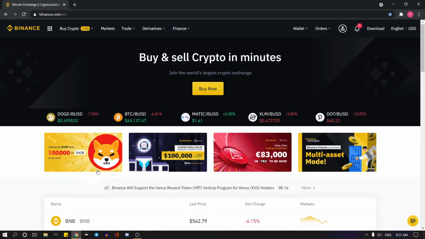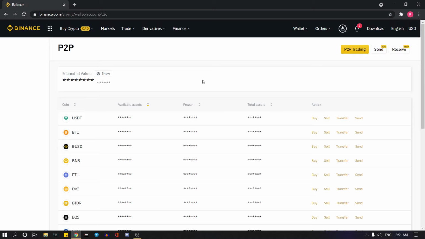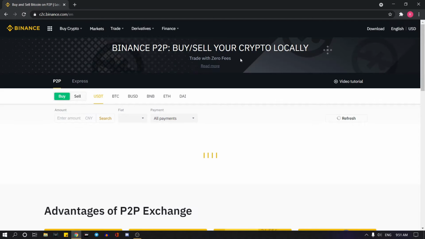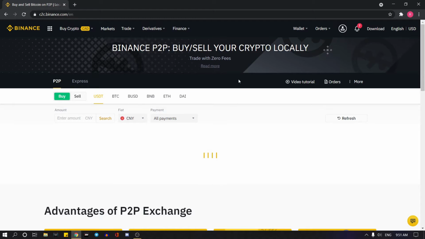All you need to do once you are in the Binance page is go to P2P. Once you get here, you'll go to P2P Trading. And under the fiat section, you change this to Canadian dollars. That'll be CAD. Because unfortunately,